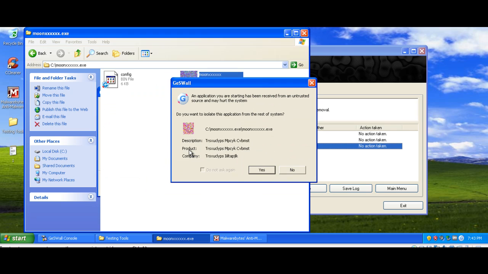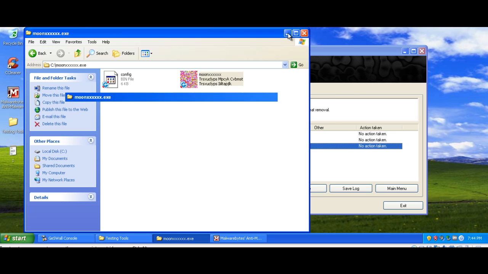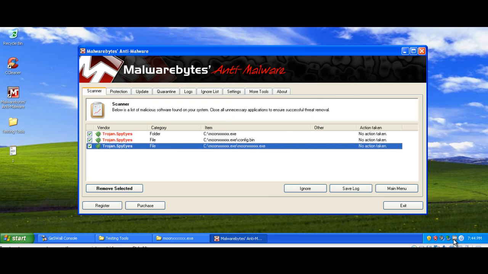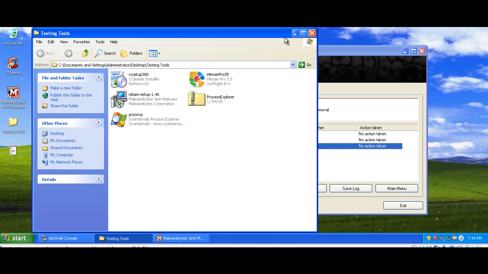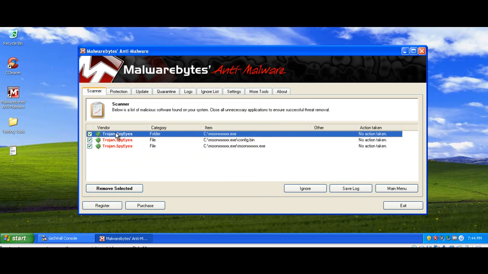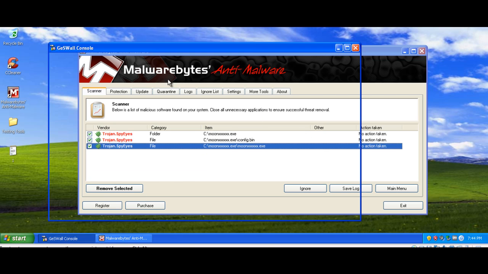So this was downloaded, and what we're doing here is isolating this. So we're running the virus, but GeS Wall is obviously taking care of that. It's not letting our system become infected. So we've obviously got a virus lurking about, but with an antivirus program and this program combined, you would have